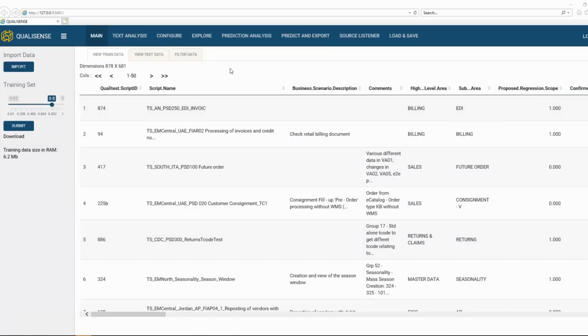So what we've got here is another Qualisense model of a different kind. Now, you recall that pipeline we showed whereby your information will have come from some kind of change analyzer. Maybe it's a combination of BPCA and Solman. Maybe it's something different for your organization. But ultimately what's happened is we've got a report that says due to some transports going through, these tests are now coming into focus. Well, that's great. If we want to be as cautious as possible, we can run every single test. But if it's a big enough change, that doesn't really solve the problem.